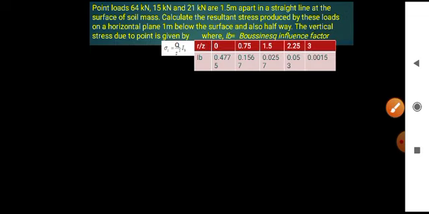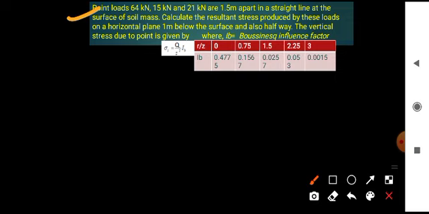So we will further move and try to solve another problem, another simple problem. Point loads 64 kilonewton, 15 kilonewton and 21 kilonewton are 1.5 meter apart in a straight line at the surface of a soil mass. Calculate the resultant stress produced by these loads